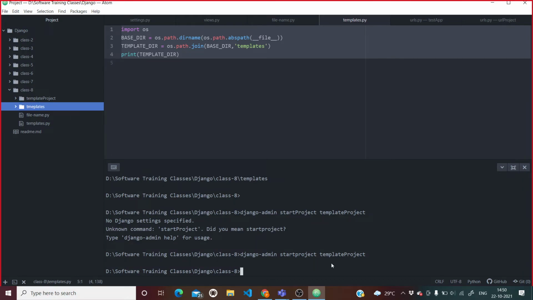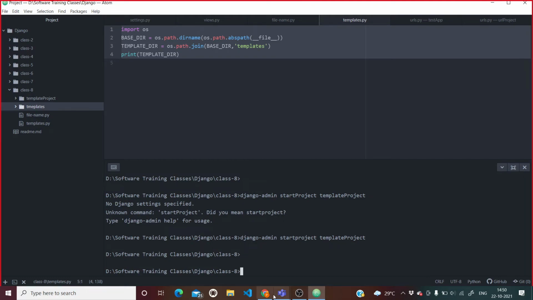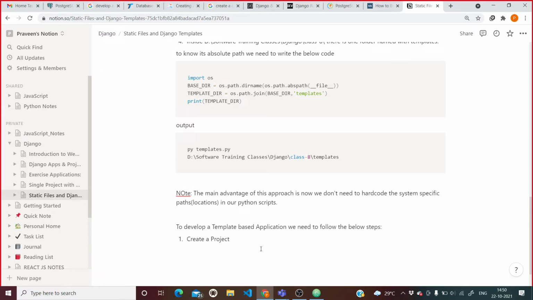Now let me copy this first. We will copy here and paste here. Create a project, template project.